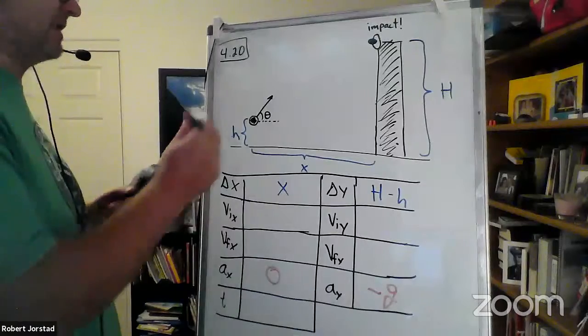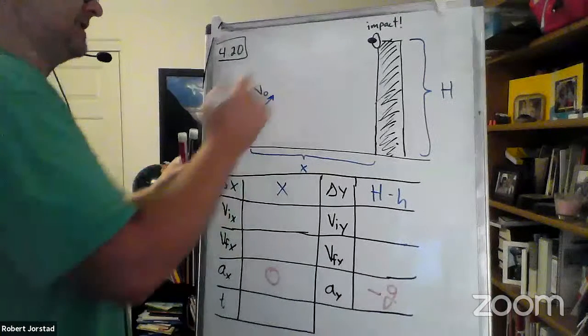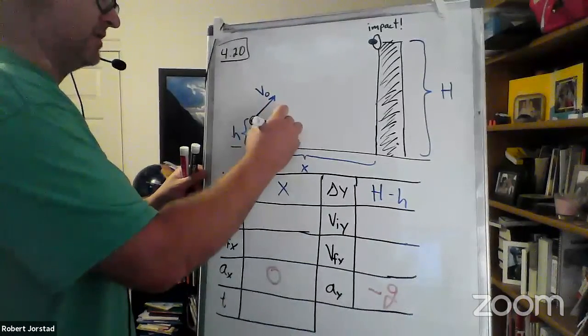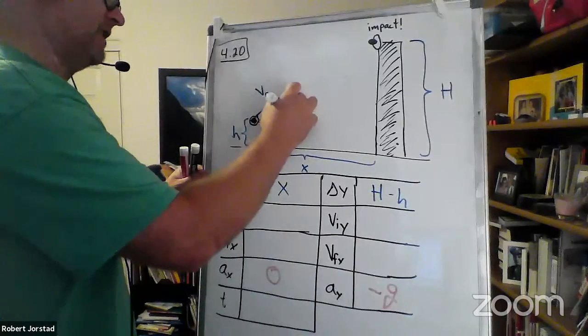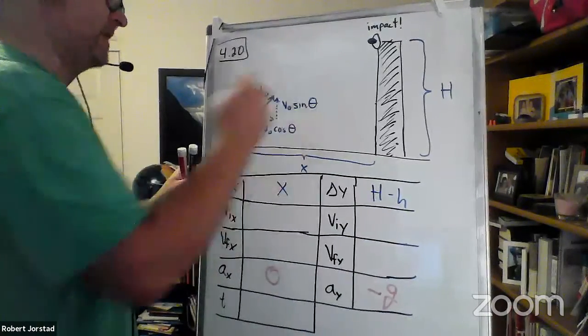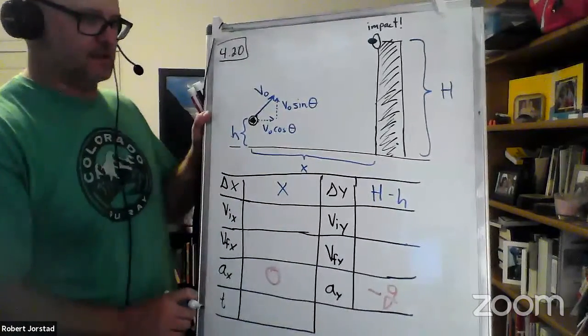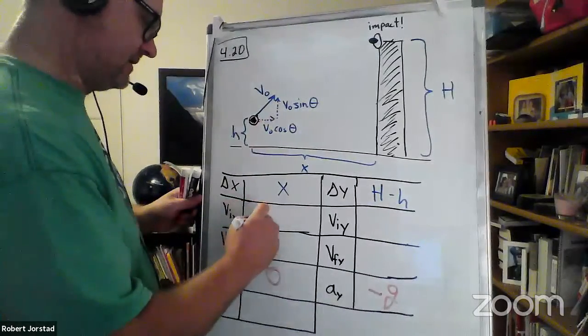Exactly. So here's something that helps. We don't know what V is, right? We don't know V naught. But I do know that this side right here is V naught cosine theta, and this side is V naught. I'll get out of the way in just a second. We don't know what V naught is, the initial velocity or the muzzle velocity or whatever. But we do know that this